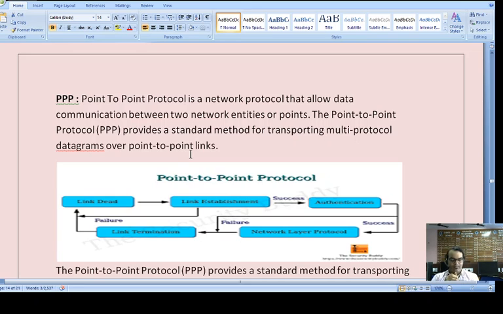What is a datagram? When we distribute our message into packets, those packets are differentiated, and a packet is referred to as a datagram. That is where PPP comes in, that is where it is working.